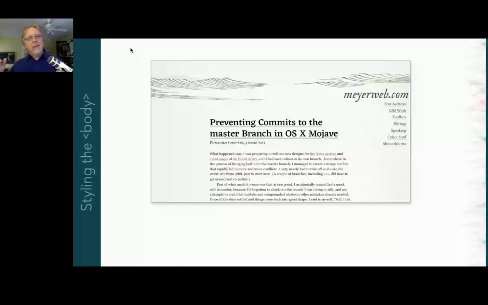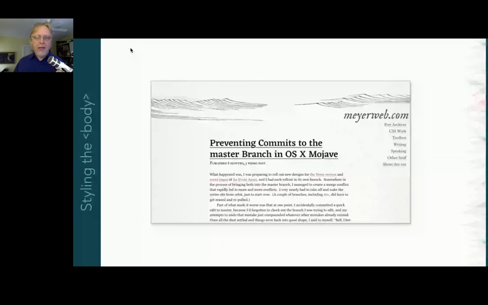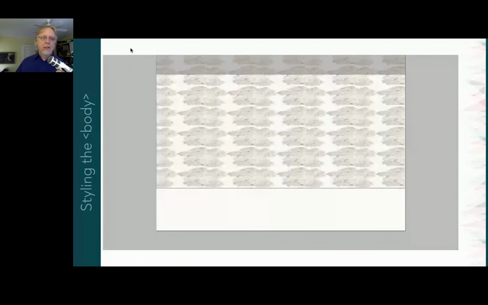So that was a lot of backgrounds to layer on top of each other for the body. And it might be a little difficult to visualize all of that. So here's how they went together. Let's go through those layers again. First, there's the color, and then there's the two tiled images, and then the page bottom and top gradients, and then there's that side-to-side gradient, and then that shading at the top for that last little bit, and that's it.